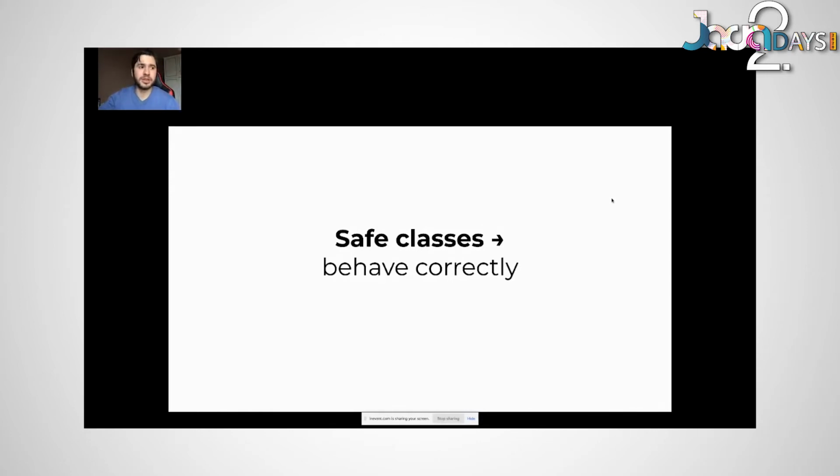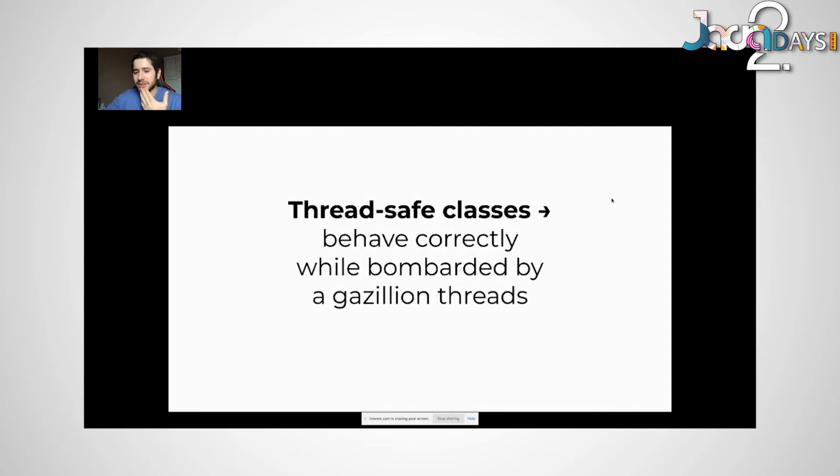So if the requirement is for your class to provide something like a cache for given values, the cache should work as expected. You should probably have some tests to make sure the behavior is sustained while you develop your project. Thread safety, on the other hand, is